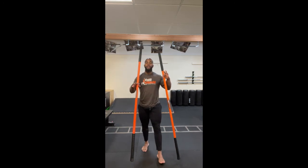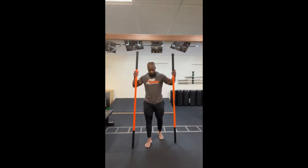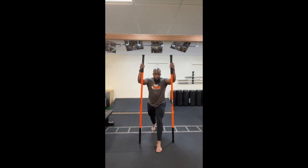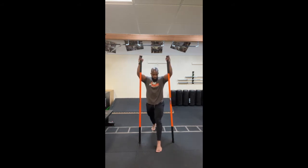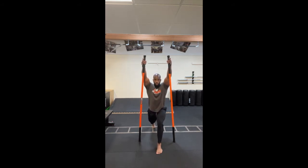We're going to get into the double hang. We're going to add in rotation going each way. So from here, I'm not going to put a ton of tension and pressure in my hands. I do want to kind of keep it even between the legs and the hands here. Right foot is forward. I got the sticks about 6 inches in front of my hips, where the line of my hips are. I'm going to have my hands up tall, and you can wiggle your foot back as you need to adjust. I'm going to hang,